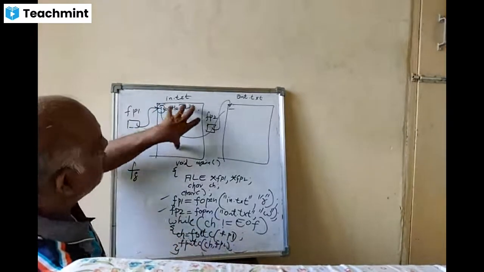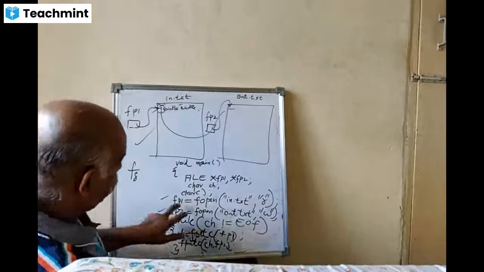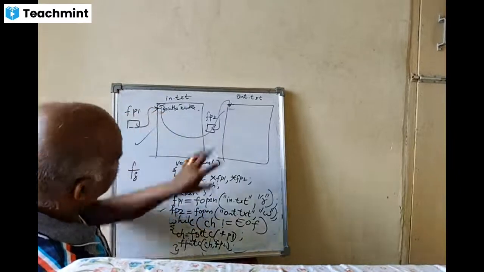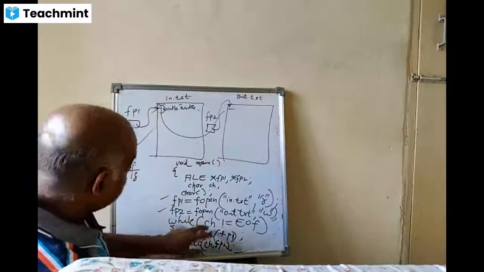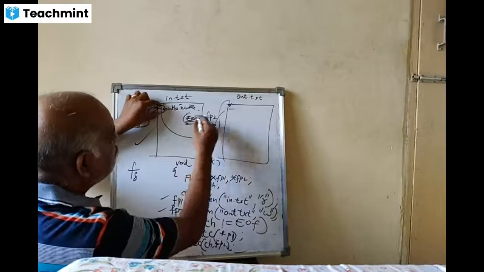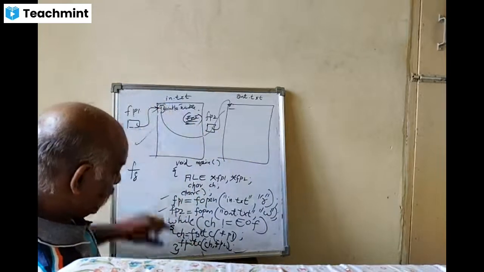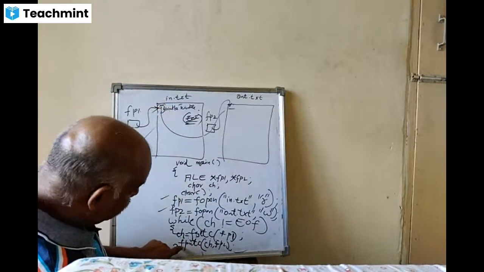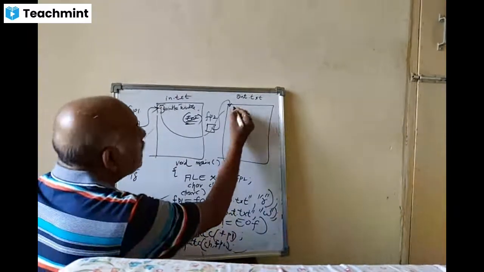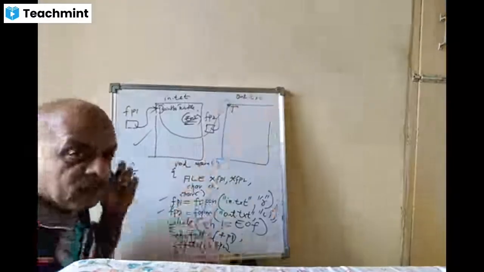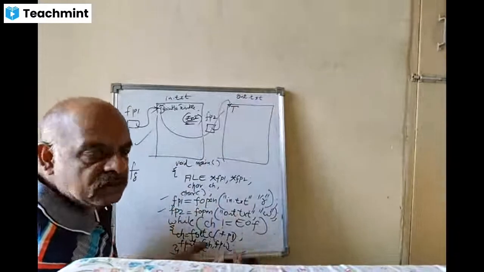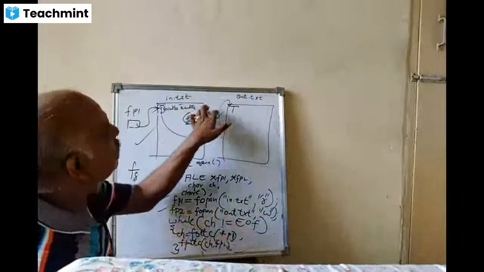Once you open this file, fopen in.txt in read mode, the file pointer is pointing to the first character. It contains the address of t, and the output is opened in write mode. So first, while this character t is not equal to end of file, the end of file is not there yet. So t not equal to EOF is true. Then fputc puts that character in the output file, that is t, pointed by FP2. So t gets printed and transferred, internally inside the hard disk, which you don't know. Once you open it after the program execution, you will see that the output file contains this complete text.